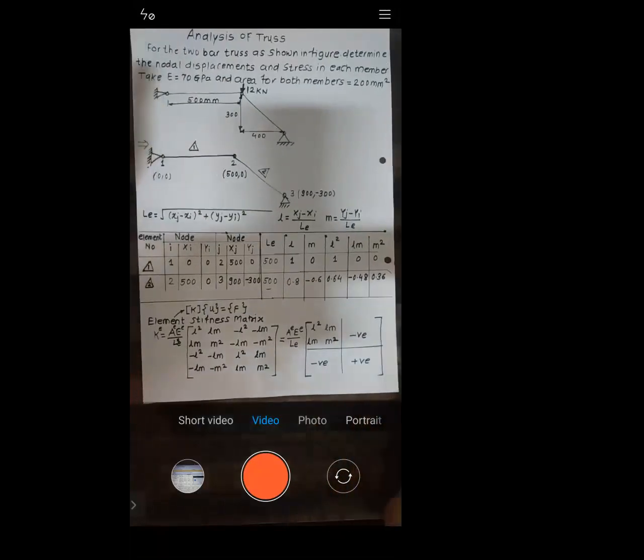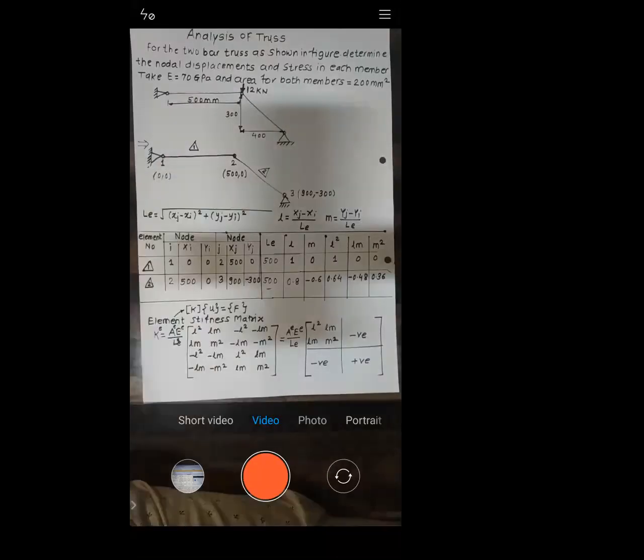Yes, sir. Now many of you have questions about where this element stiffness matrix is derived from. In the last two to three lectures, we have seen the Rayleigh-Ritz method. In the Rayleigh-Ritz method, we solved the governing differential equation, and when you solve it by the Rayleigh-Ritz method, it is going to end with EME. If you do not remember, let me clear it up.